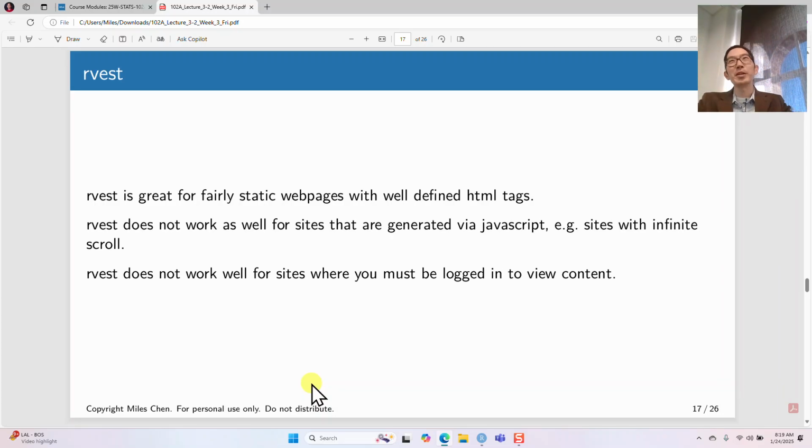Put in a table. And you have all of these little tags that show up all over the page. And rvest is good at reading that in and understanding that. Now,